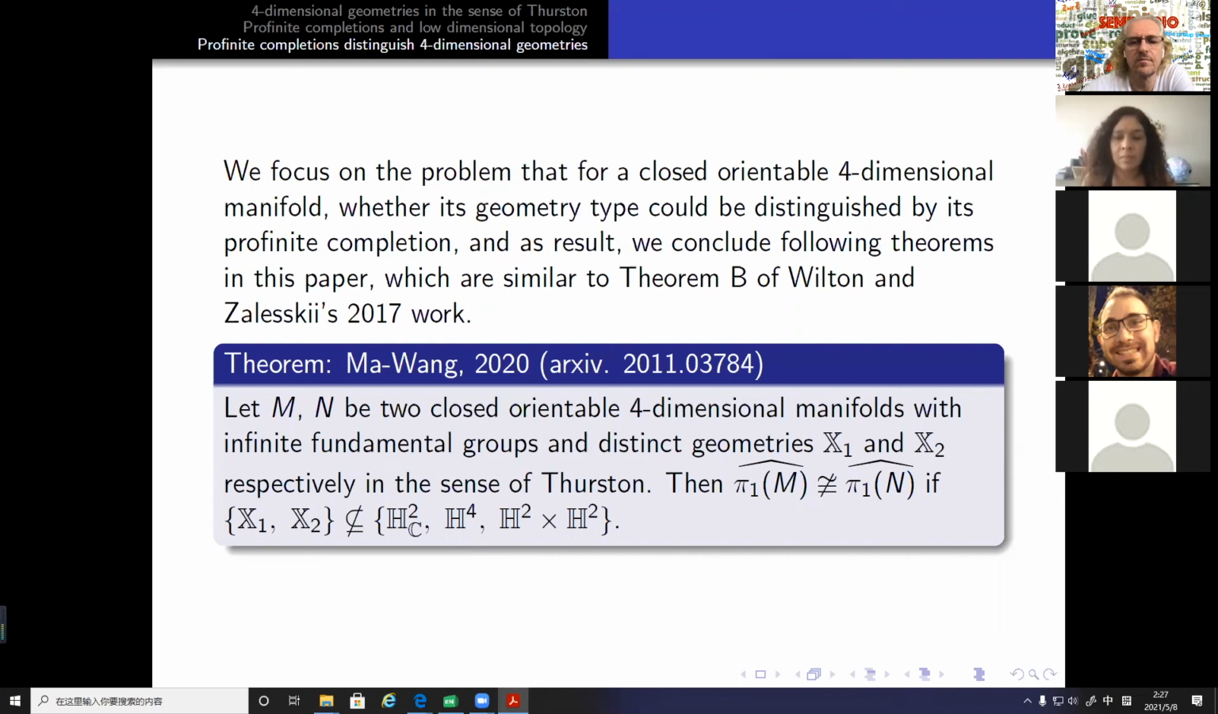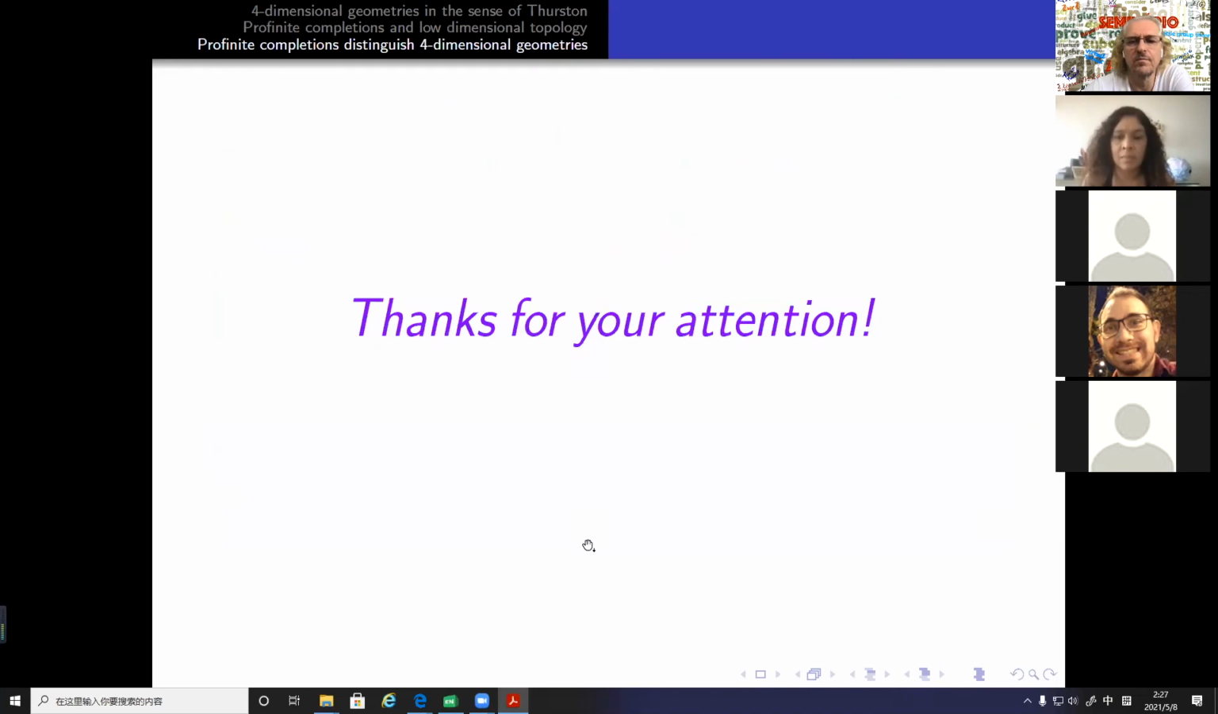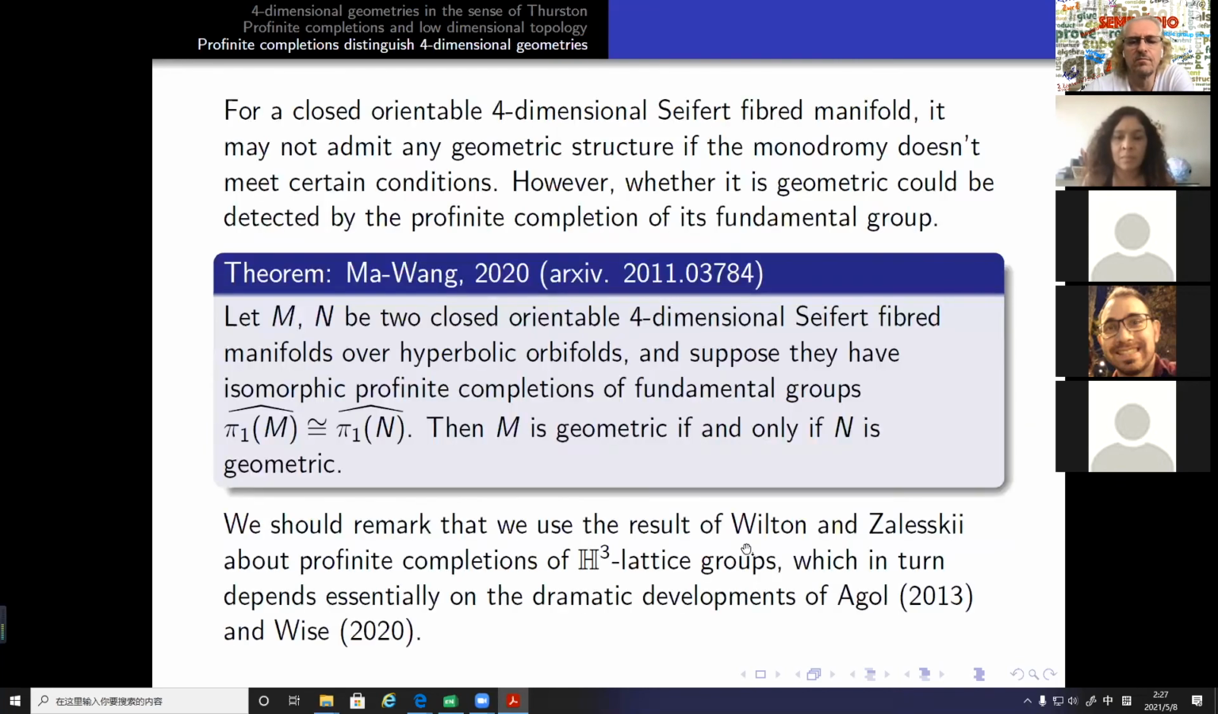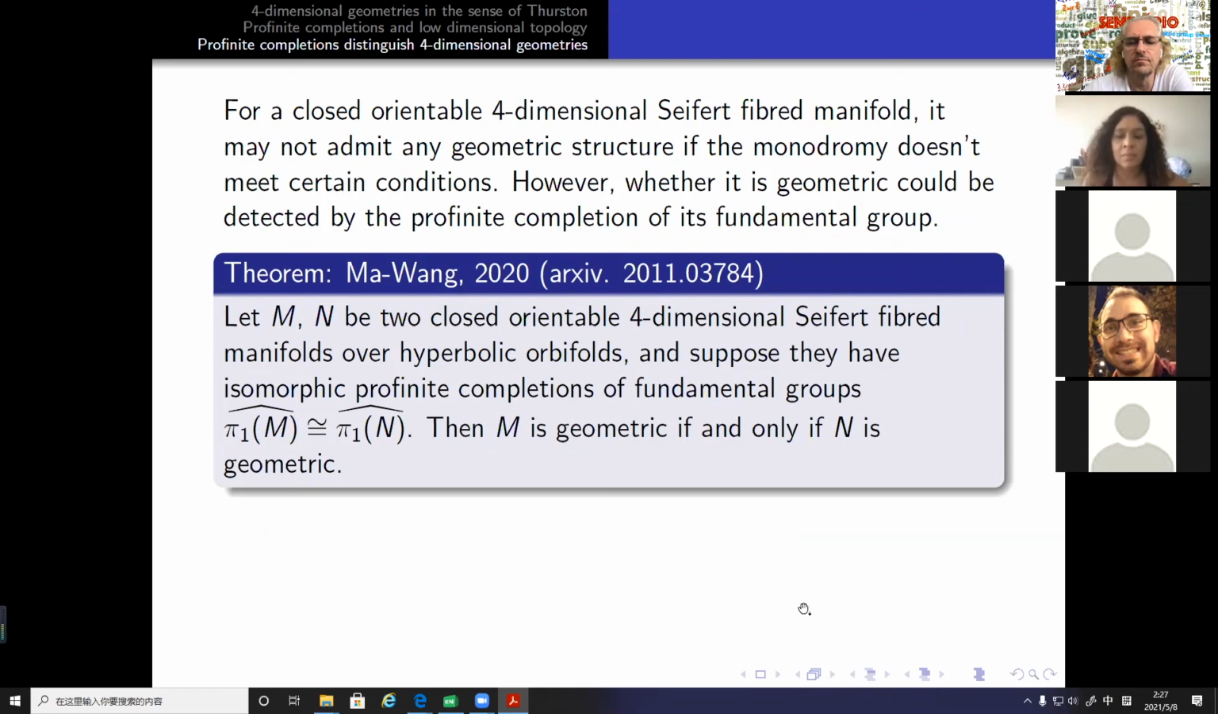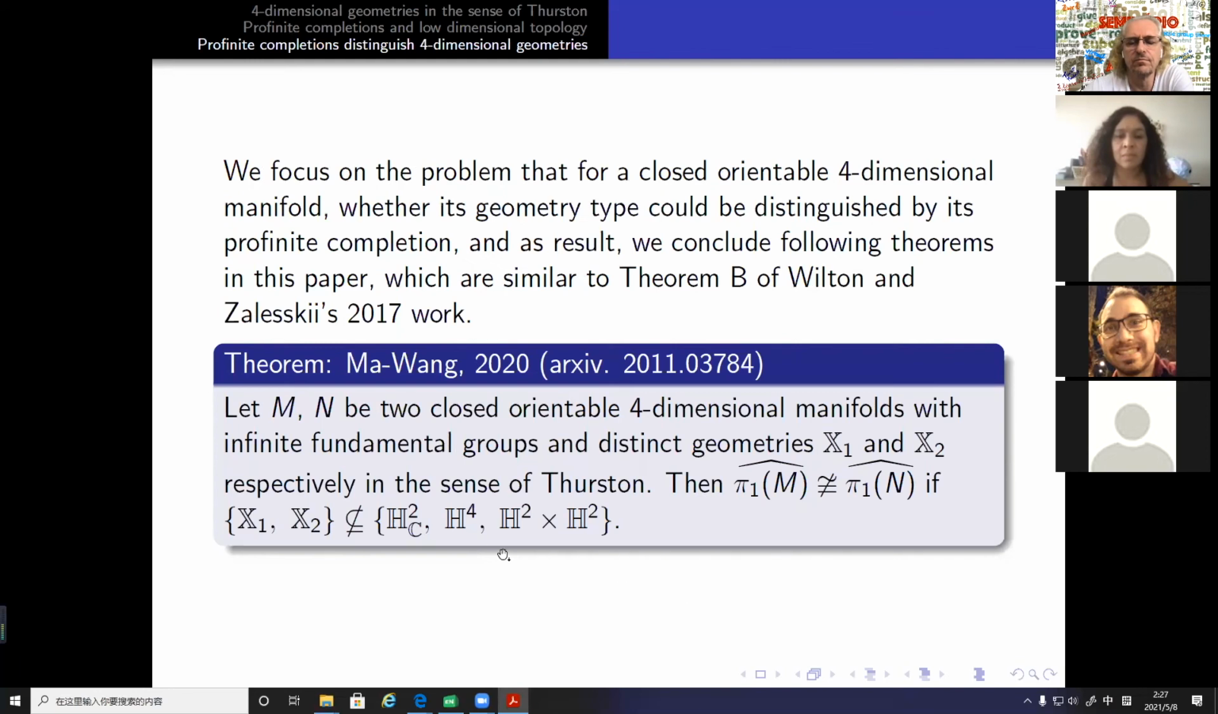But in the three-dimensional case, it is proved by the paper of Wilton and Zalesskii, and the proof also depends on some work of Agol and Daniel Wise. But in the four-dimensional case, the answer to my question above, we don't know. And in my viewpoint, this case is not